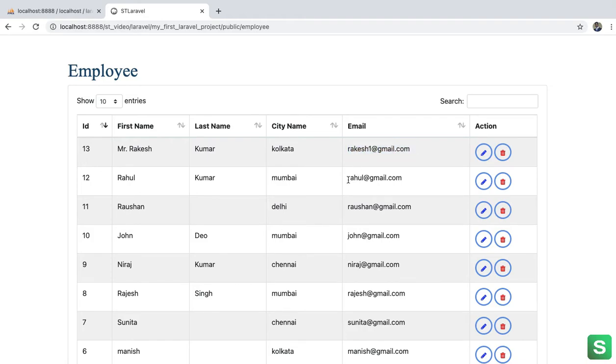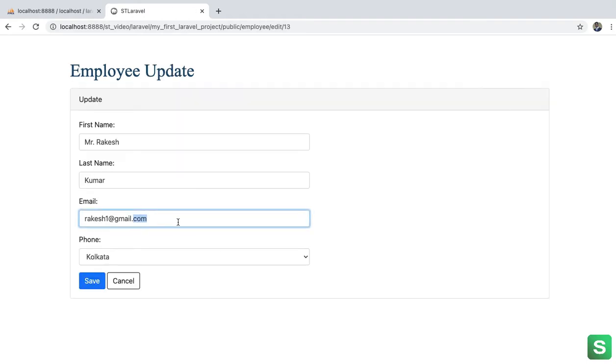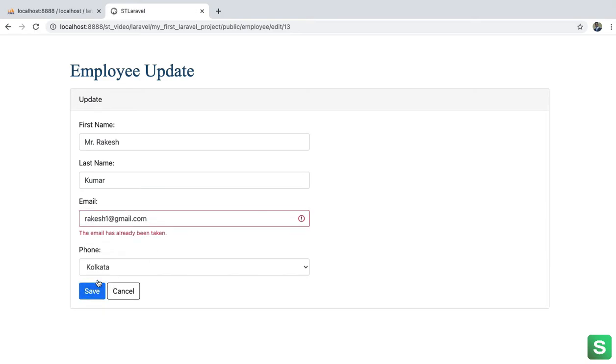But suppose I took this email id and now I am putting it here, okay. So when we click save, it says the email has already been taken, meaning the old one rahul@gmail.com is assigned to another employee, so we can't use that one, but we can use a new one if it does not exist in the database, or we can keep the same, no problem, okay.